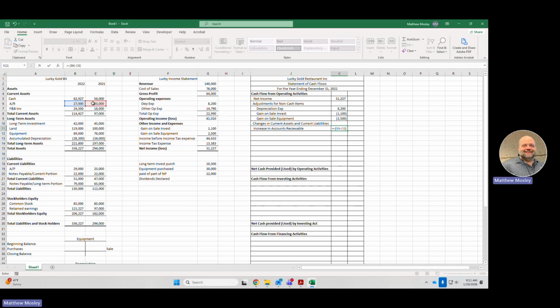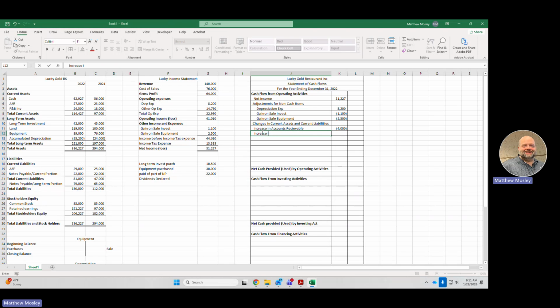Just to verify. And I also set it up this way, so if you have an increase and you change these numbers, it will automatically change what you had for your increase in accounts receivable. So next, what else did we have? We had the increase in accounts receivable, and it looks like we also had an increase